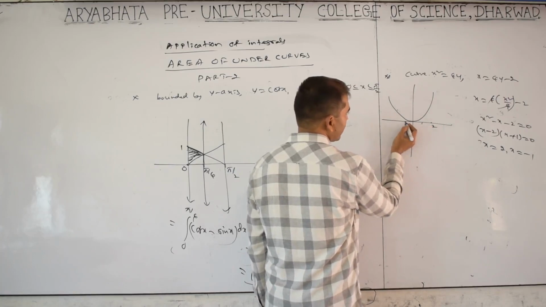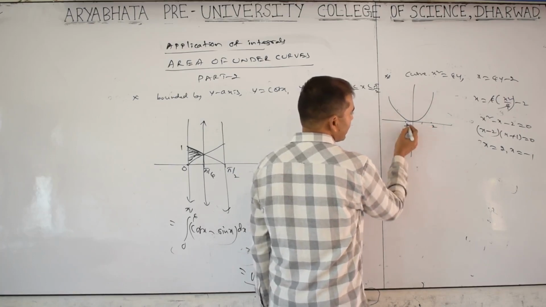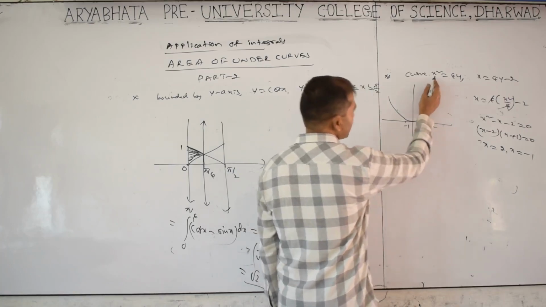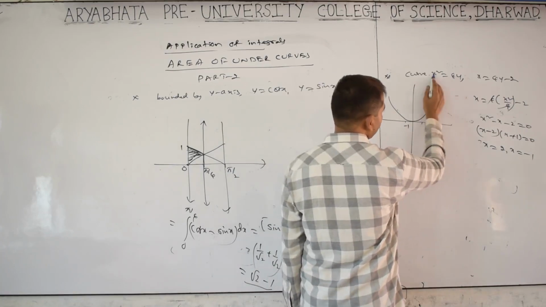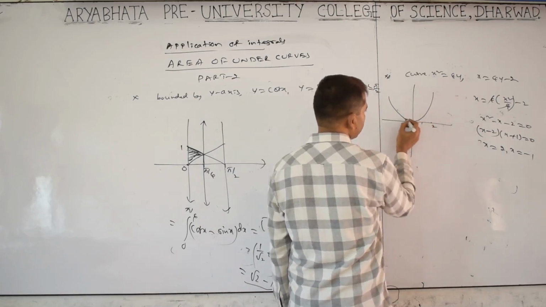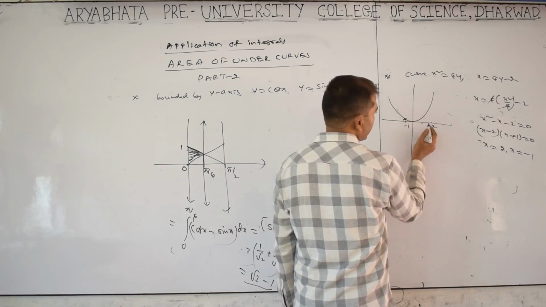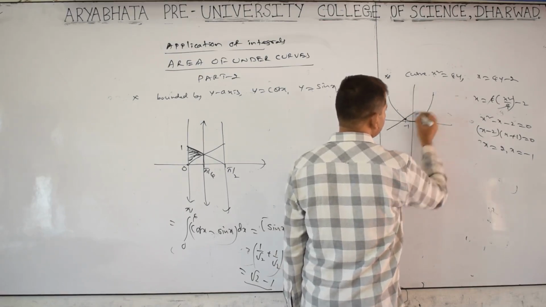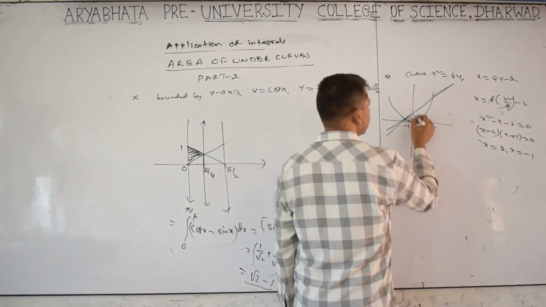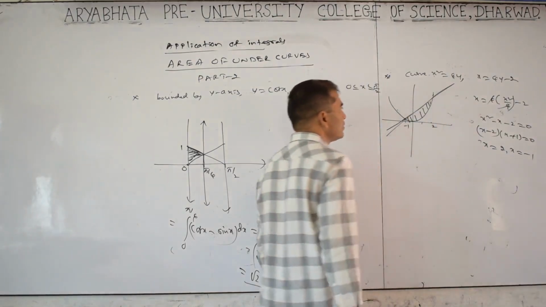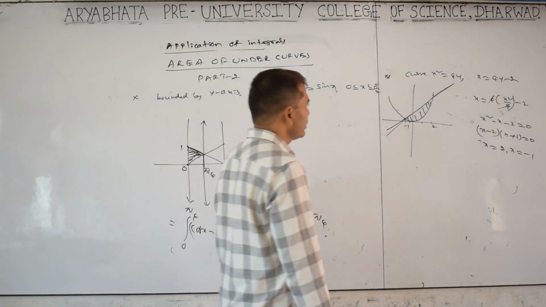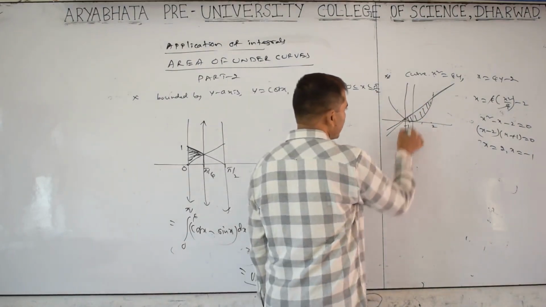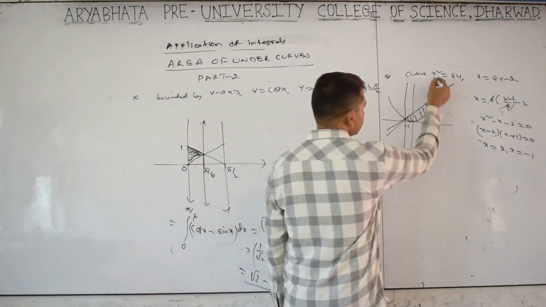Here minus 1, this is. Okay, if it is minus 1, x y is equal to how much? 1 by 4. So this point, if it is 2 root 8, join these 2 points. So this area we should find. Understood? To find this area, this is x is equal to minus 1 and this is x is equal to 2.